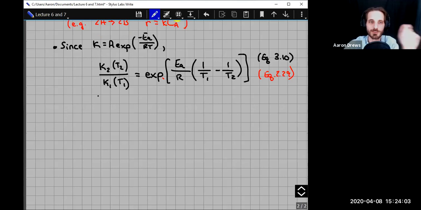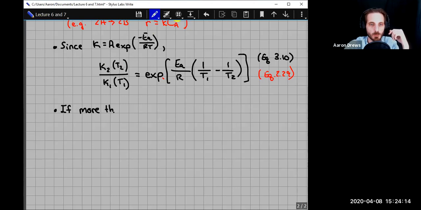I promise we're getting to examples. I know we're just throwing a bunch of rules at you right now, but this is the very last rule. If more than one reaction, what we're going to be very interested in is, well, actually, we're only going to be half interested in this, half interested in the other one. The net rate of species I